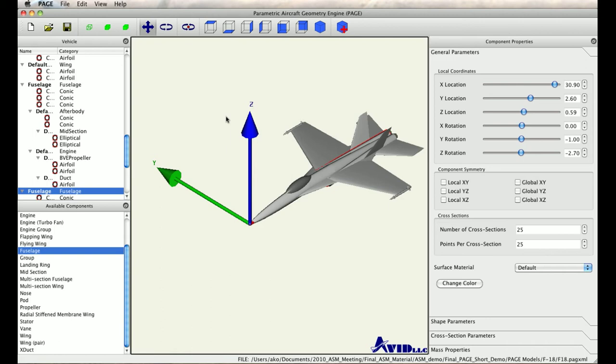Now in this first part, we will be looking at the basic features of PAGE and show you how easy it is to put together geometry fairly quickly in PAGE. In the second part, we will be showing you the more advanced features such as grouping components and also the mass properties tool. Now I have AVID PAGE open here, and as you can see we have a model of